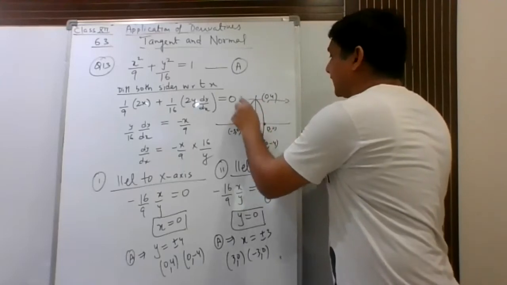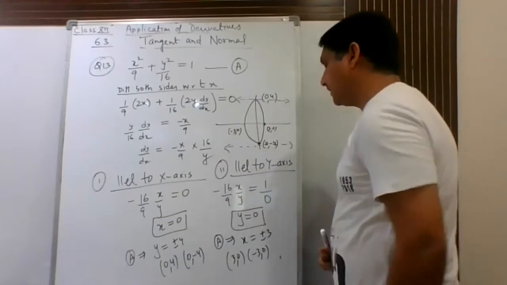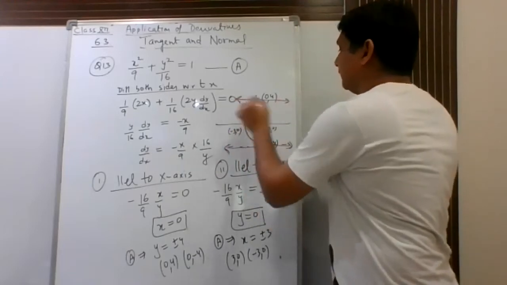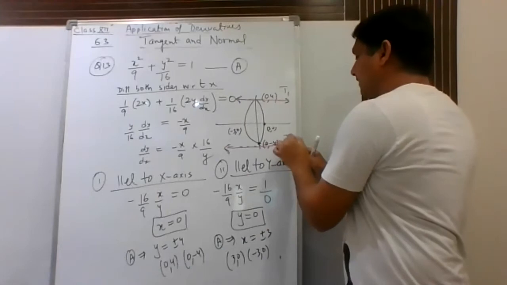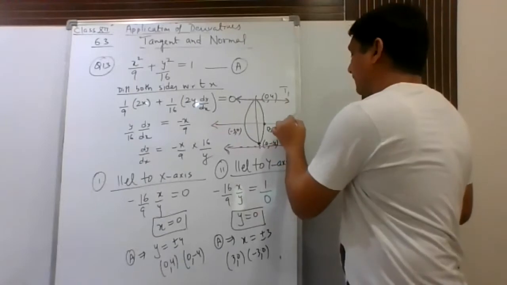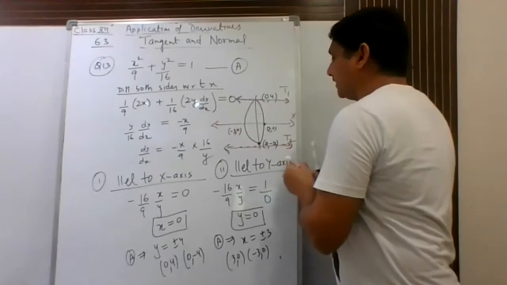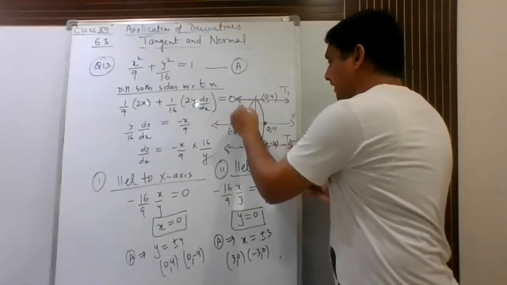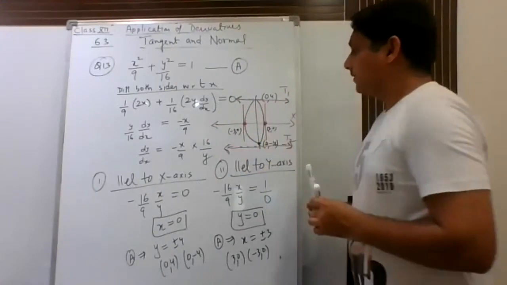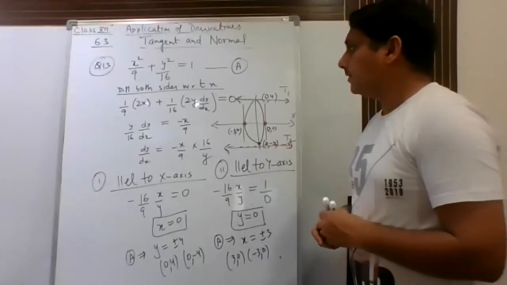Now in this case you can visualize that if you want to find the points where the tangent is parallel to x-axis, then that will be these 2 points, because at these 2 points the tangent will be parallel to x-axis. So this is tangent number 1, and this is tangent number 2. Similarly, for y-axis, these are the 2 points where the tangent is parallel to y-axis, this point and this point, and this is how we can draw those tangents. So this is actually what we are doing in this particular question.